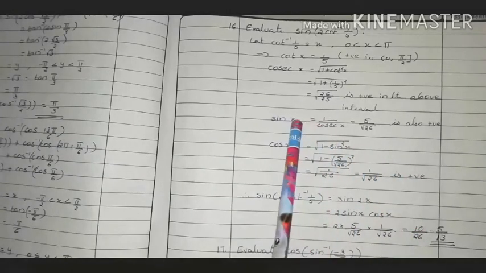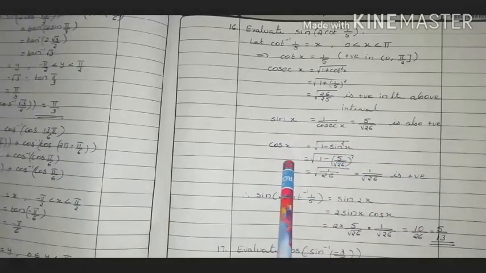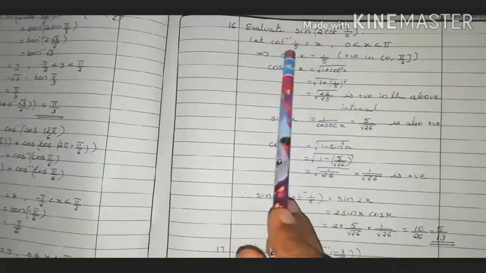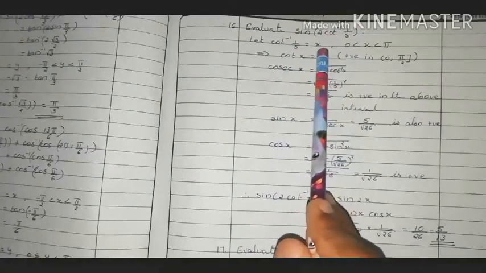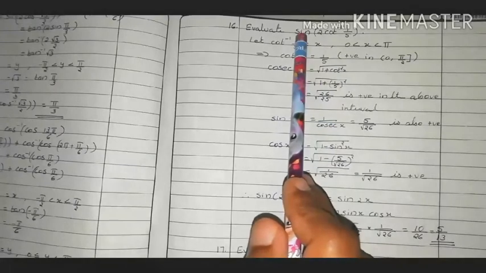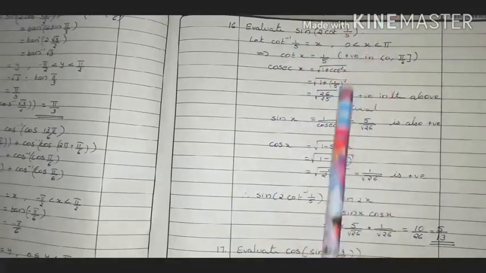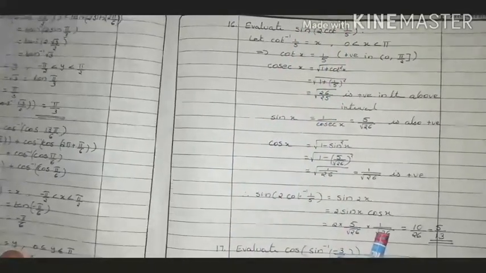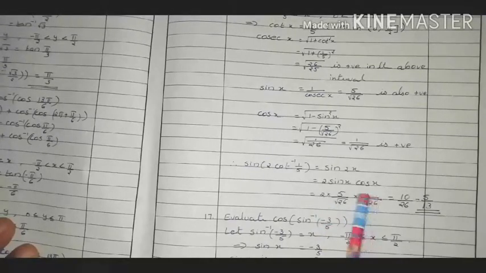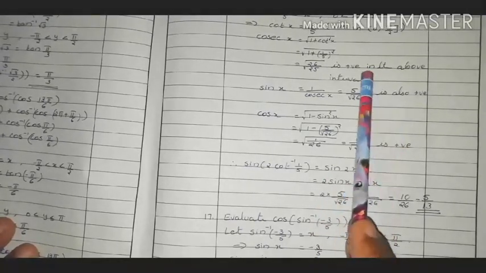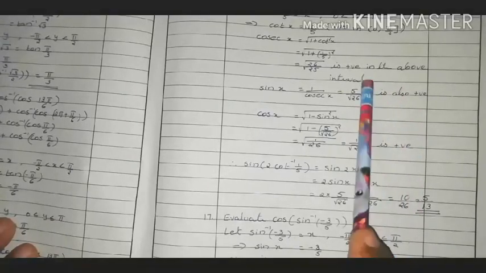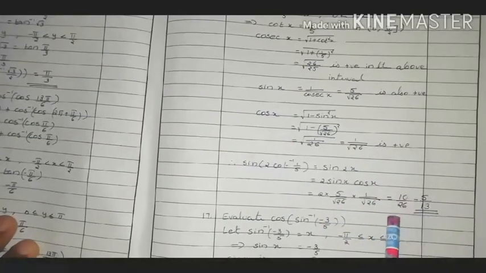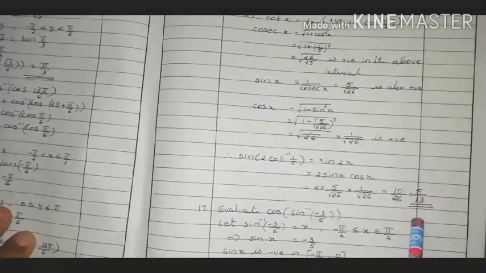Then here we have the value of sin x and the value of cos x. Now we want to find the required value. Here we consider cot inverse 1 by 5 as x, so this one is sin 2x. And we know that sin 2x is 2 sin x cos x. Instead of sin x we can substitute this value, and instead of cos x we can substitute this value. Substitute these two values, then you will get the answer 10 divided by 26, that is equal to 5 by 13.